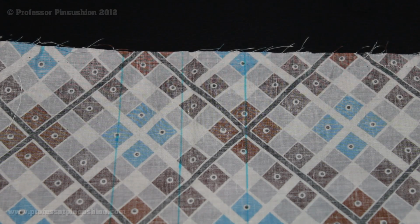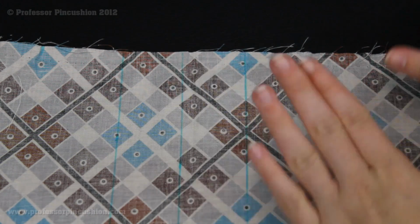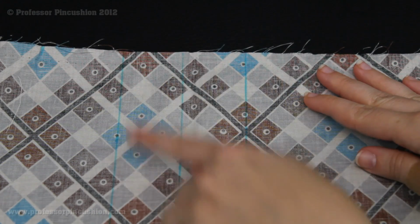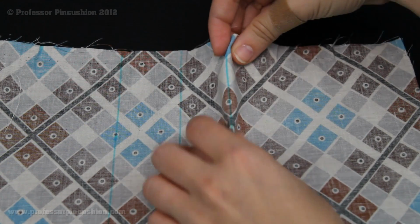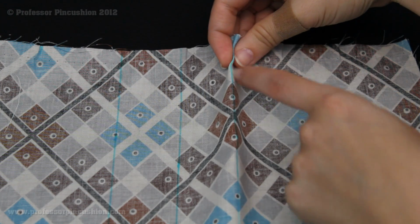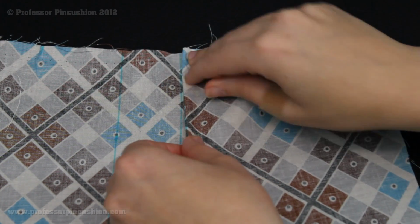To do the box pleat, we're basically going to be doing the same steps that I just showed you. We just do it on the wrong side of the fabric here. So I've already flipped it over. Here's my wrong side, here's my right side. I went ahead and drew my lines here. So again, I'm just going to fold up this so that the line on the edge here is directly in the middle, and then fold it into that center line